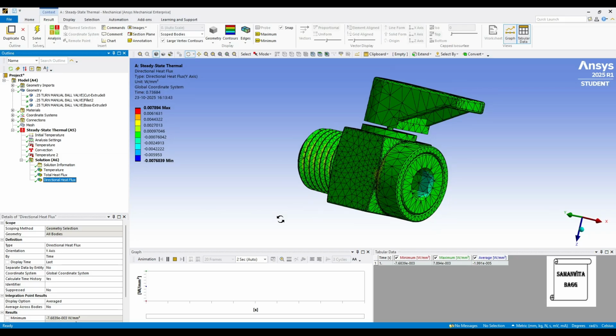So when you use plastic as a material for the valve, it is obvious that it is going to work for a particular temperature value only. If you are using a higher temperature value, plastic is obviously not the material to be used. You should use metals. That is the best choice of material for such applications. When you have lower temperatures, you can go for plastic.